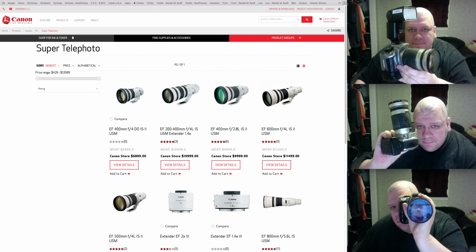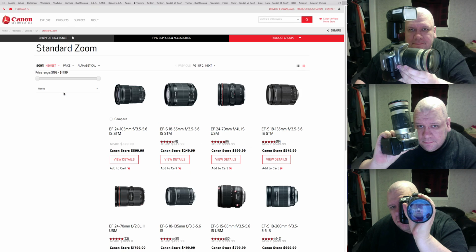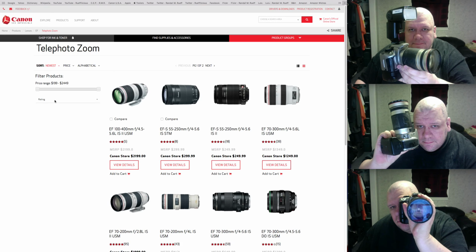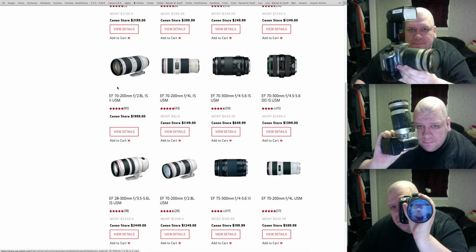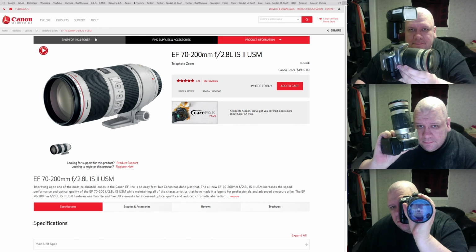But let's go to that. Standard zoom. No, hold on. Okay, right here. This is the one they sell a lot of. This right here is yours. $2,000, 70-200, 2.8. This is the lens a lot of people say is the professional lens for photographers, because the